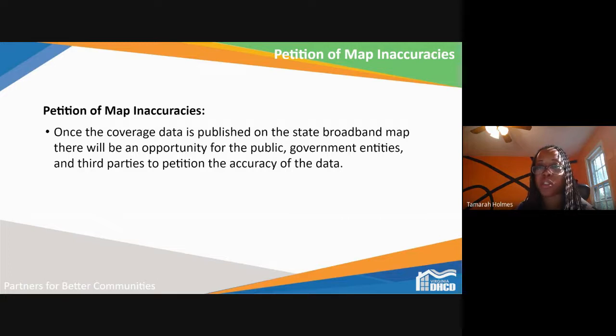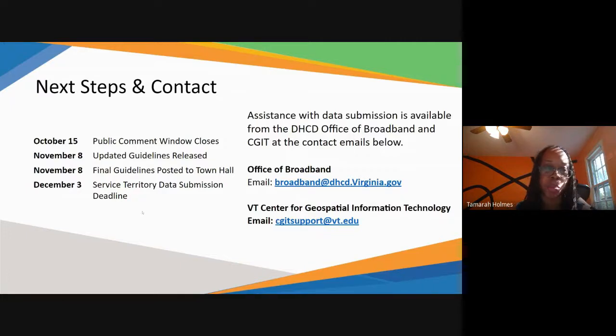And I would just like to recommend, and the guys typed it in the chat, the third report and order. I'm going to get it right one day, guys. I would say if you want to get some good sleep one night, take a look at that document. It's very detailed. Like I said, our guidelines were directly derived from that. Nathan, thank you for your question about the petition. I saw earlier that there is a written petition process on the FCC side, so we'll be taking a look at what they've done since they've updated their website as well. And then again, please submit any comments that you all might have regarding the development of our guideline process.